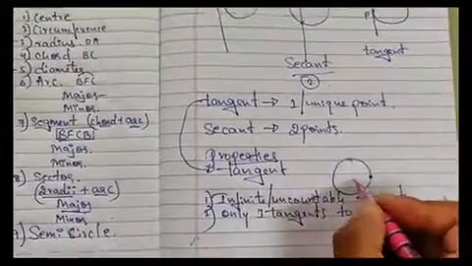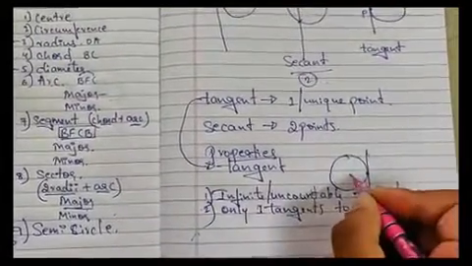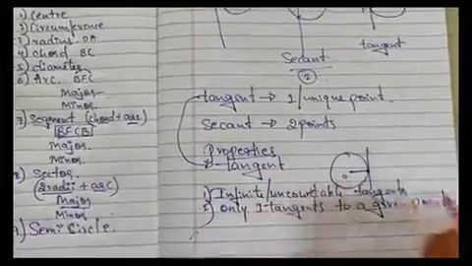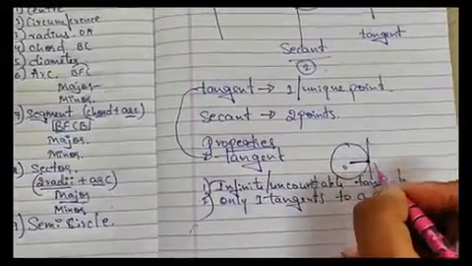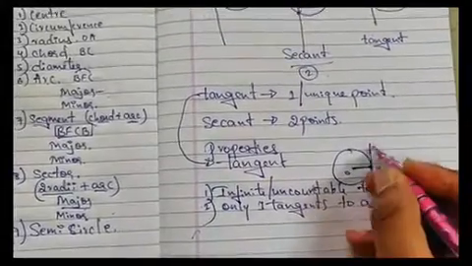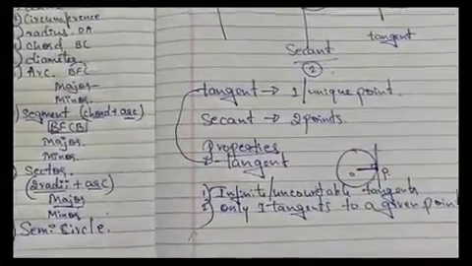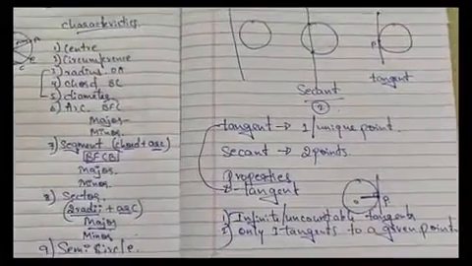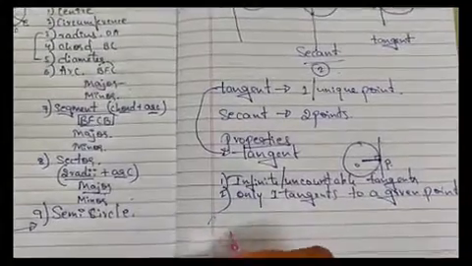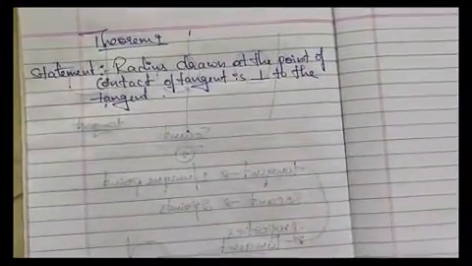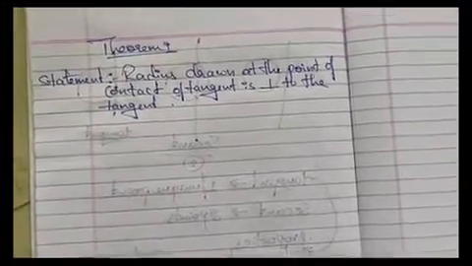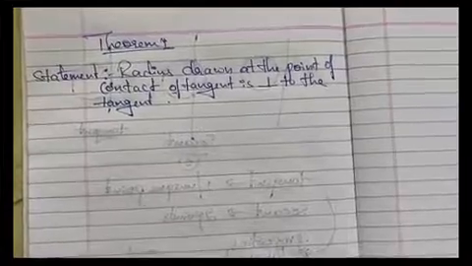Now let us see what will happen if there is a tangent and if I draw a radius to it. We can see that the radius drawn at the point of contact, P, to the tangent is perpendicular. So on this we have a theorem, that is theorem number 1. Let us learn the theorem. The statement says, if a radius is drawn at the point of contact of a tangent, it is perpendicular to the tangent. So how to prove a theorem?